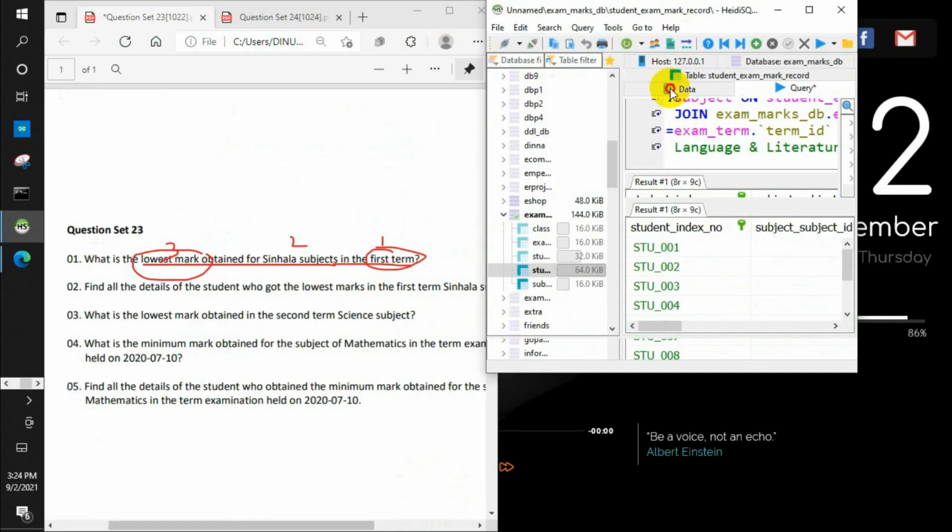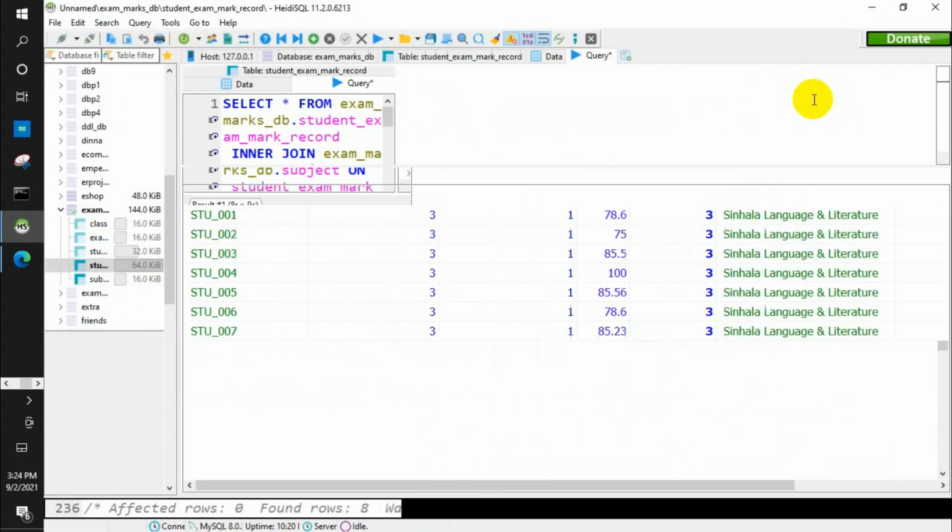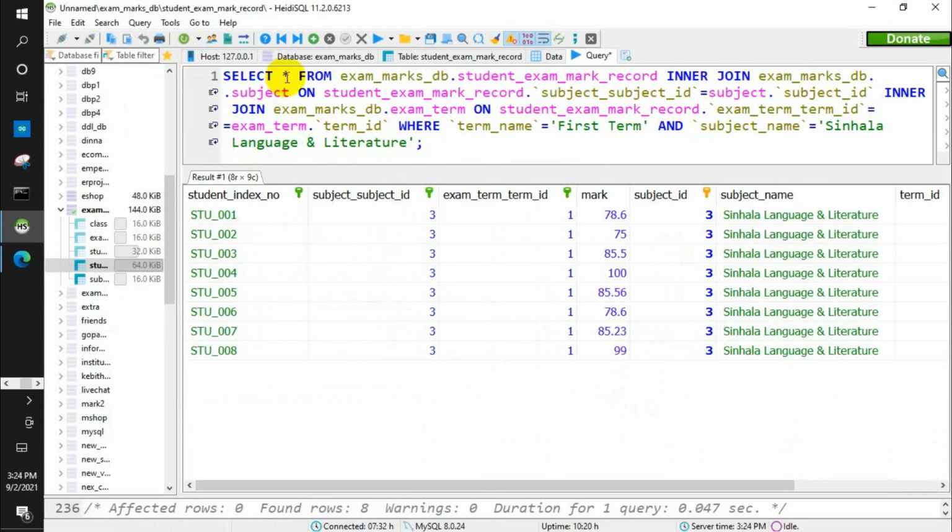Now we have to find the lowest mark. What is the lowest mark for the singular subject for the first term? If you are finding the lowest mark of a certain column, you just have to use this min keyword. You have all the values which are resulted by a search query.